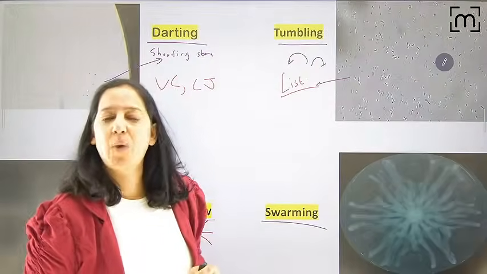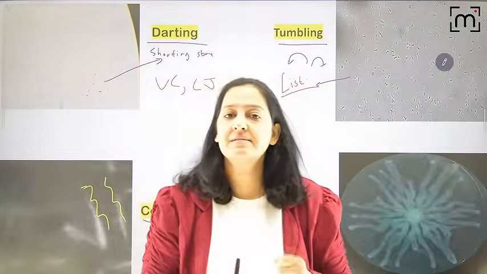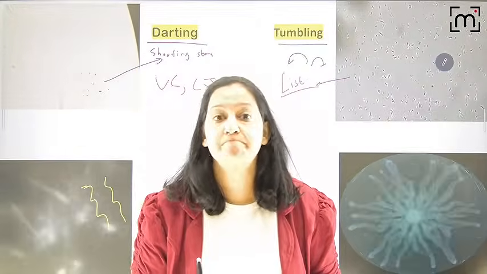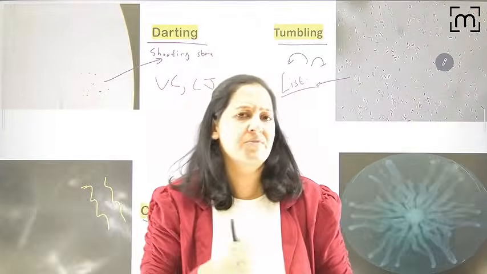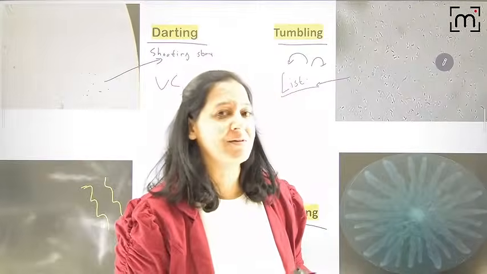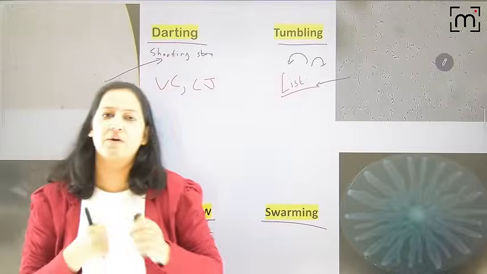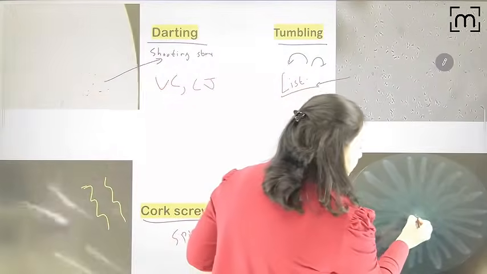What do you mean by the term swarming? You know fast runners, some athletes who are very fast runners. You know PT Usha, Milkha Singh, they are very fast runners. So like the fast runners, here also in bacteria we have some athletes. So what we do is take one of the fast runners and inoculate it on an agar plate.